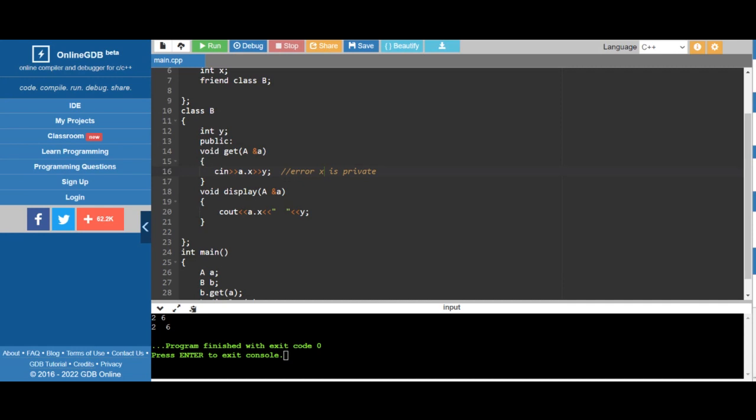कितने भी मर्जी क्लासेस का आप फ्रेंड बना सकते हो, चाहे वो मेंबर फंक्शन है or it is a global function or it is a class, right? So that can be friend to any number of classes that you want,